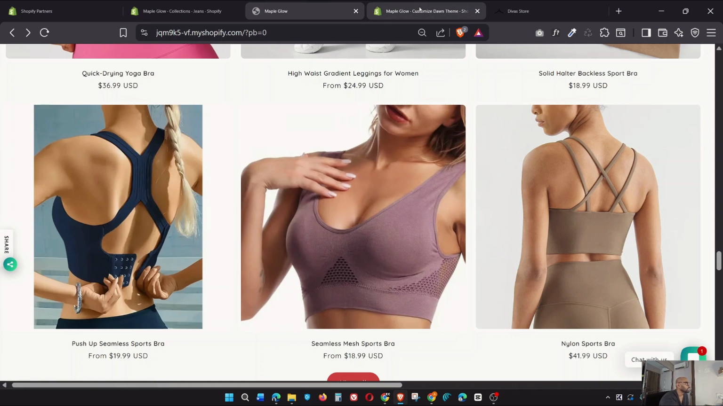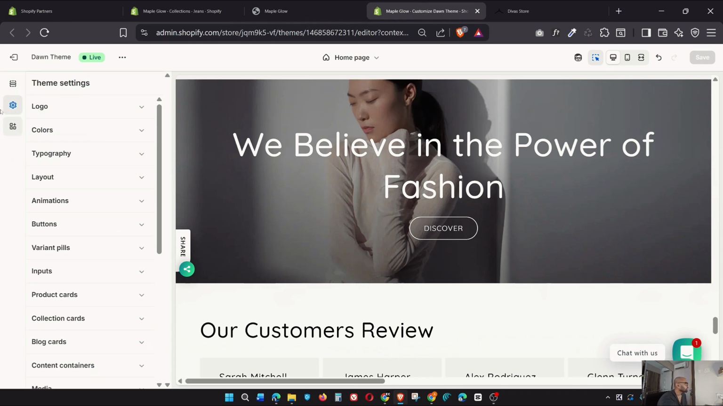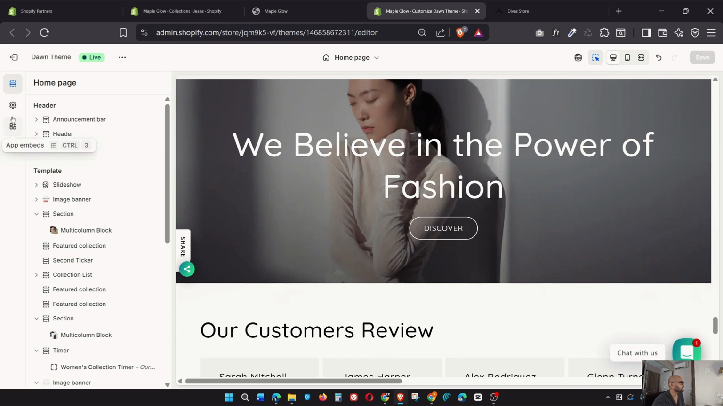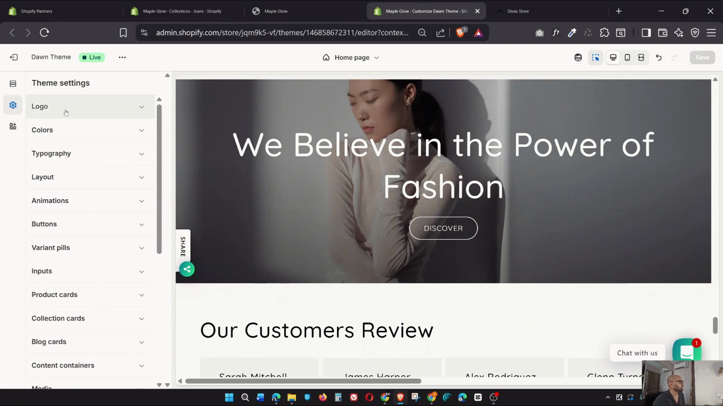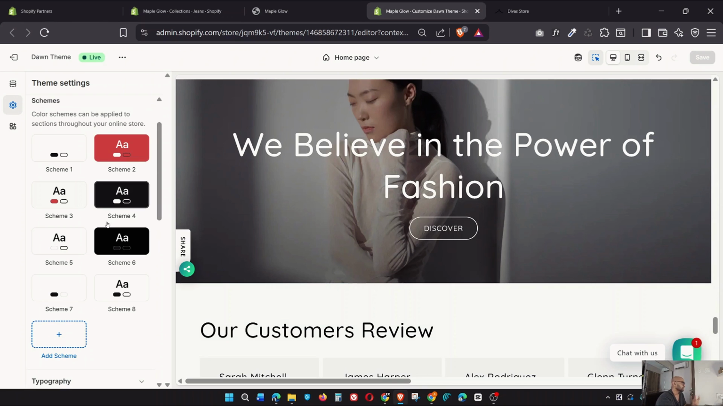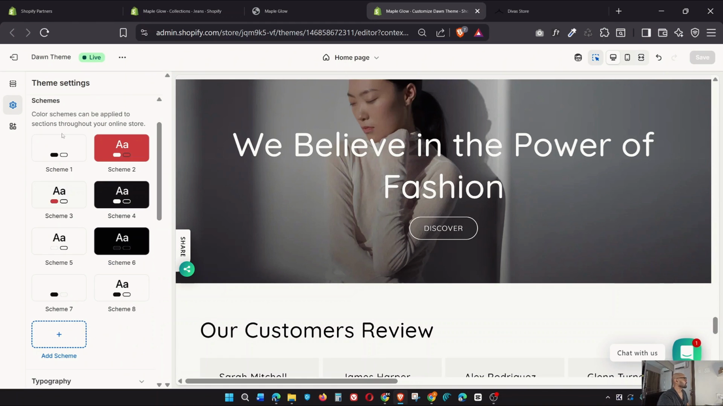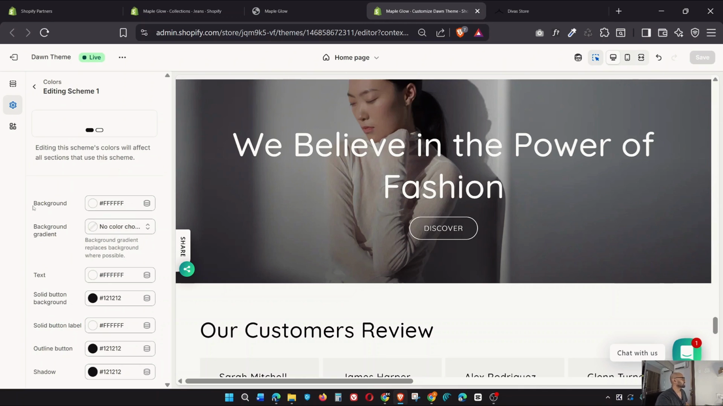Oh, sorry, I also need to show you some other things. So here, this is the front end. Now, if you click the theme settings, you come into this section. So you got logo, colors. I'm going to quickly show you all the colors that I have put so you can copy them. This is the color hex code that you can use. So just pause the video and copy this. This is the first scheme,